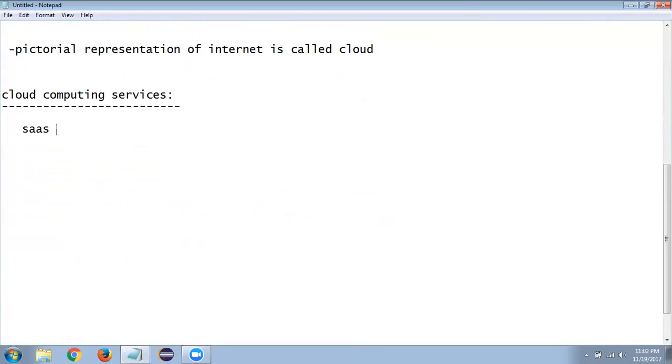The first one is software as a service, meaning providing an application as a service. For example, take Gmail or Facebook. All these are applications.